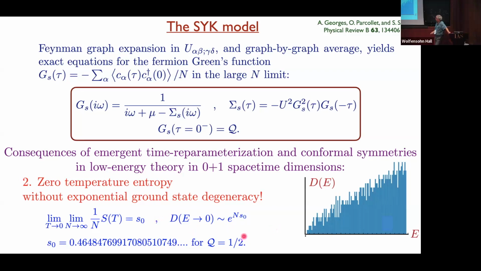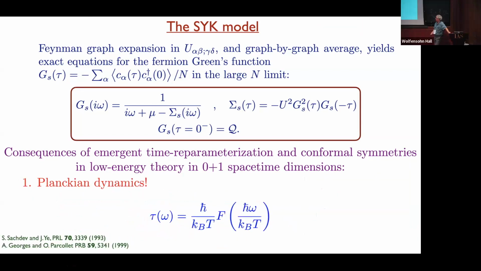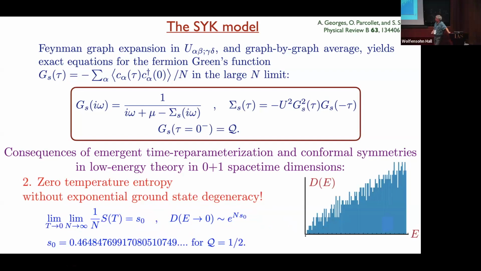And they actually behave like this. They have a non-zero entropy, but they do not have a degeneracy. Okay, so this is great for black holes, but it's not great for condensed matter because there's no evidence for anything like this in experiments in any strange metal or anything. So the question, which I have 20 minutes to resolve: can I preserve this property and other properties, but not have this? Of course, this is a very artificial model in zero dimensions. It turns out to be just the ticket for understanding extremal black holes, which I won't talk about. But it needs something more to apply to strange metals.